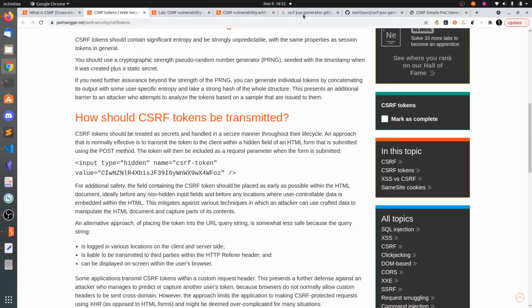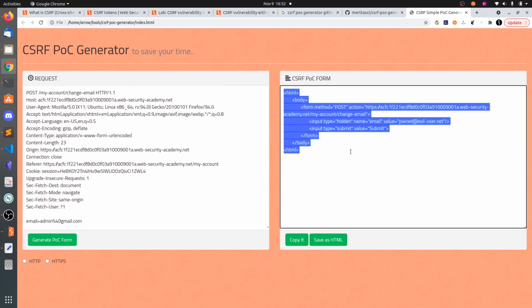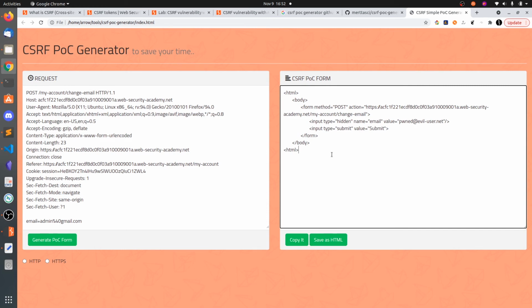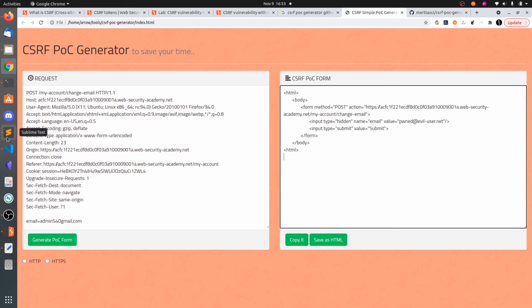So we built this POC, right? In this you need to send this one form to the user. So we cannot guess this random token, because on the user side the token will be different and we cannot intercept his request to see the token. Also the token will be valid for only one request-response. So you can't guess some value for CSRF equals this one. That's why CSRF tokens can be used to prevent CSRF attacks.